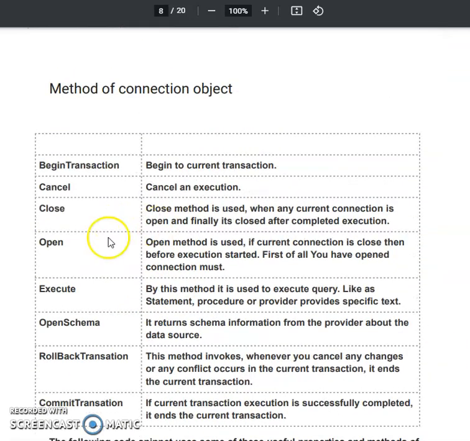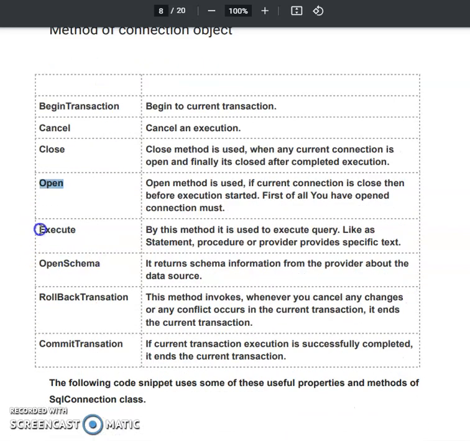Now these are some methods of the connection object. Among that we have used some methods, just like Close for terminating the connection, Open for opening a connection. Then we have seen ExecuteQuery, ExecuteNonQuery actually. This is one of that form. Execute, you can execute the query. You can open the schema with OpenSchema.